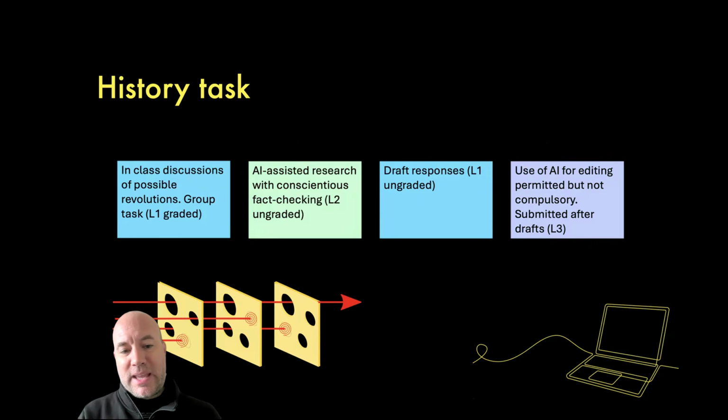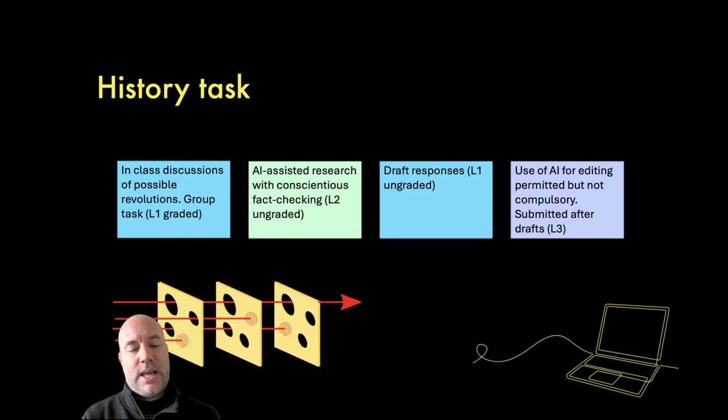I would much rather begin that work in person with no technology. And then, once we've done that in-person task, I'm going to move on to the AI-assisted part. Okay, so now we've got the initial conversations in class being backed up by the AI-assisted part. And at that point, I don't mind if they're using AI. They could use deep research, Google Gemini, ChatGPT, whatever they like, assuming I've taught them how to use those technologies